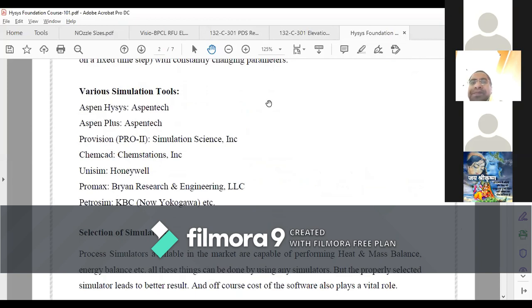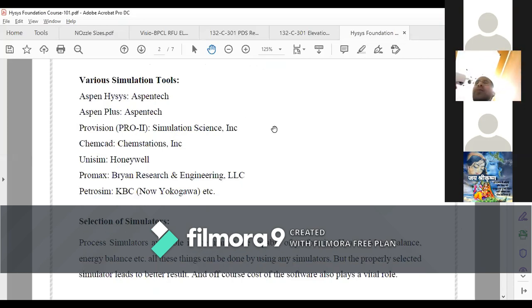Now, what are the various simulation tools? As we know, there are n number of simulators available in the market. Those people who are working in the industry must know that in their organization, people are using Aspen Plus.